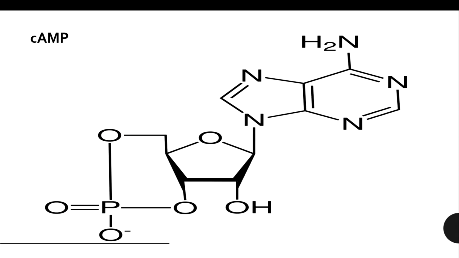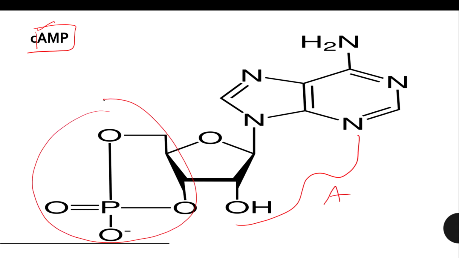And the next example was cAMP. What is this cAMP? One molecule of phosphate is attached to adenosine. This is the combination of adenosine, and this is one phosphate. We can call this a monophosphate. The difference between AMP and cAMP is that in the previous case the phosphate was attached with only one carbon, but in this case it is attached to the same ribose at 2 positions. That is how it forms a cyclic structure. So we call this cyclic AMP.